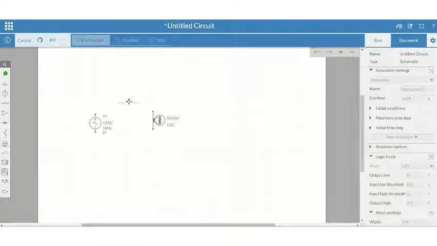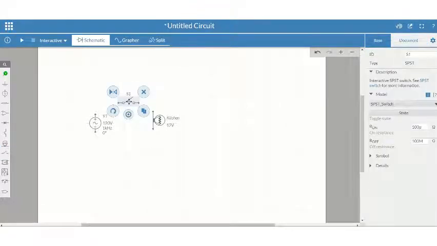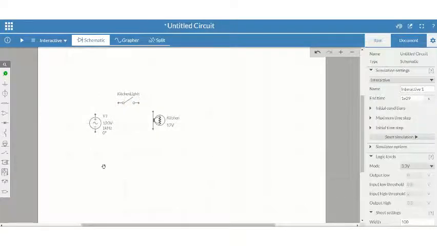So I'm going to stick that somewhere randomly in here. Really not much to edit with that other than its name. I'm going to name it kitchen lights, so that way I know what I want that switch to control. Now I need to connect these all to create an actual circuit, and connecting your elements